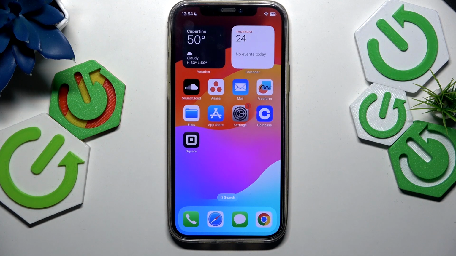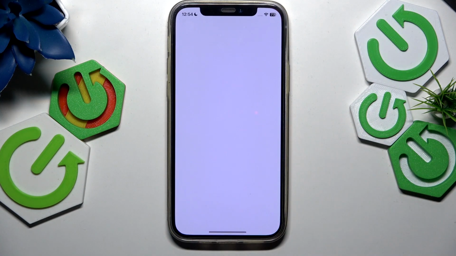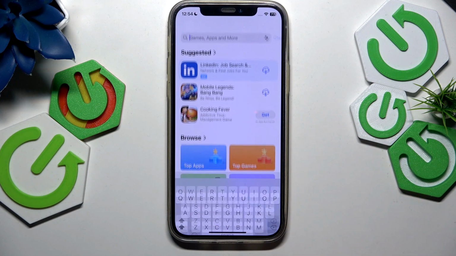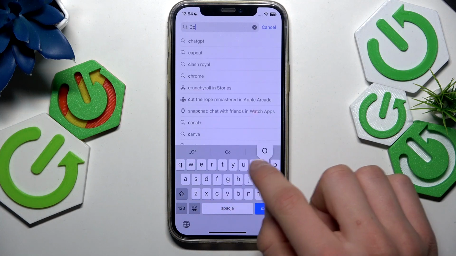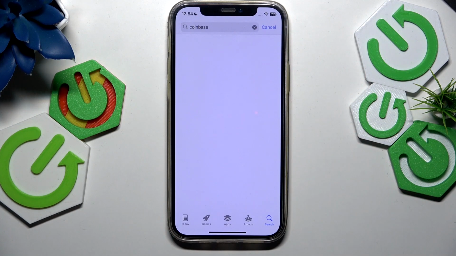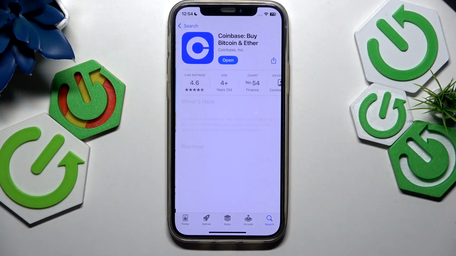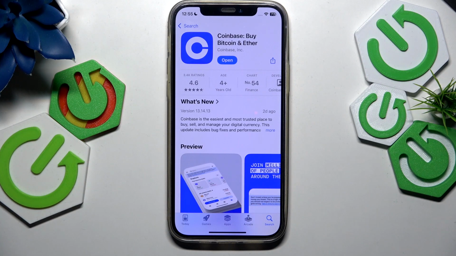So first thing what you want to do is go up to the App Store, search for Coinbase, right here, take your Coinbase app and you need to update. Update is always right there, is the open. And if you have, like me, the newest version and still you have the issues, there are two more ways